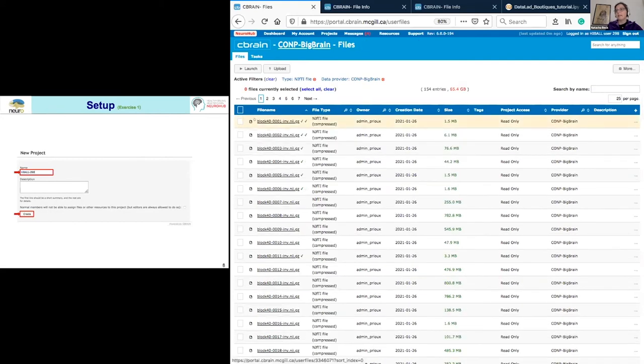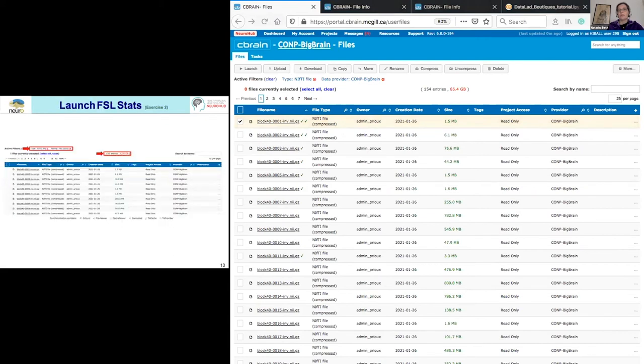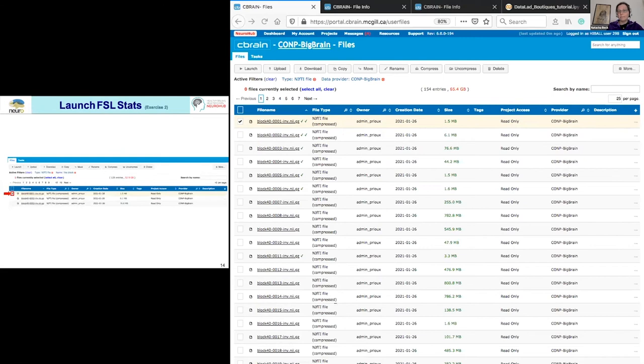Here it is, and you will be able to see block 4 on 40 and so on. To run the task on it, you just need to select the files, then click on the launch button.